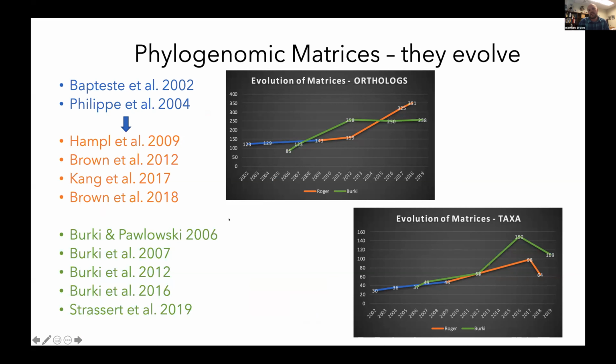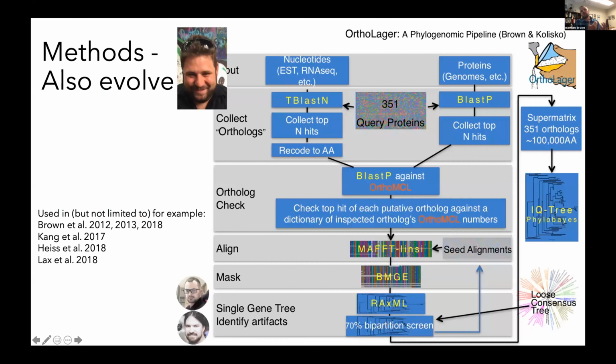And these data sets have more or less very similar orthologs. They have developed over time and morphed into various size data sets, and can also include various numbers of taxa over time. So not only has the data set evolved, we've also evolved methods. The first methodology that Martin Kalisko and I developed when we were in Andrew Rogers' lab is